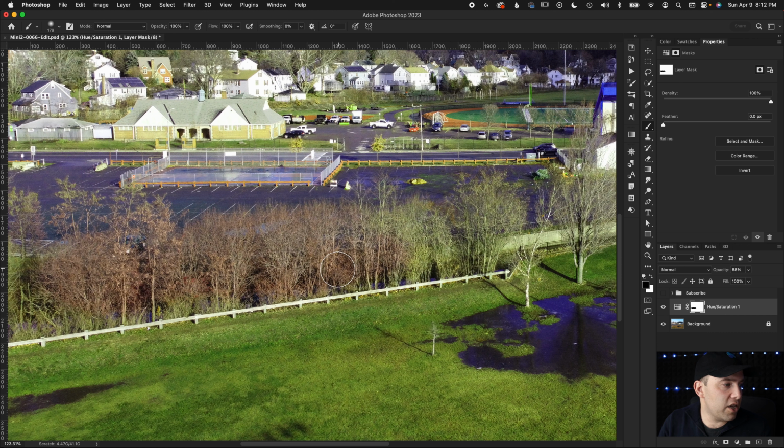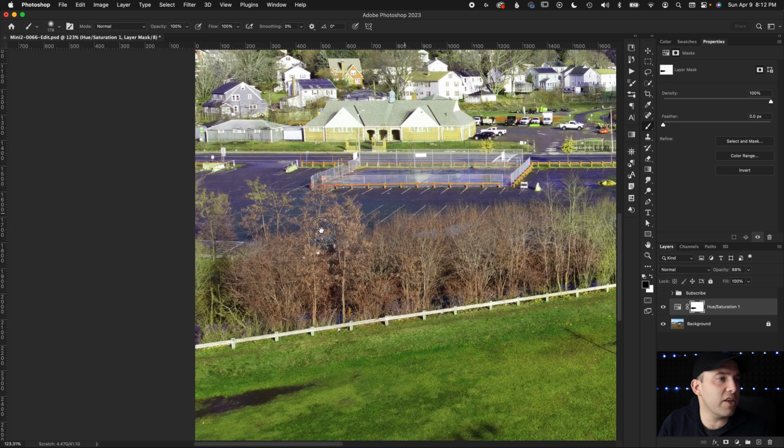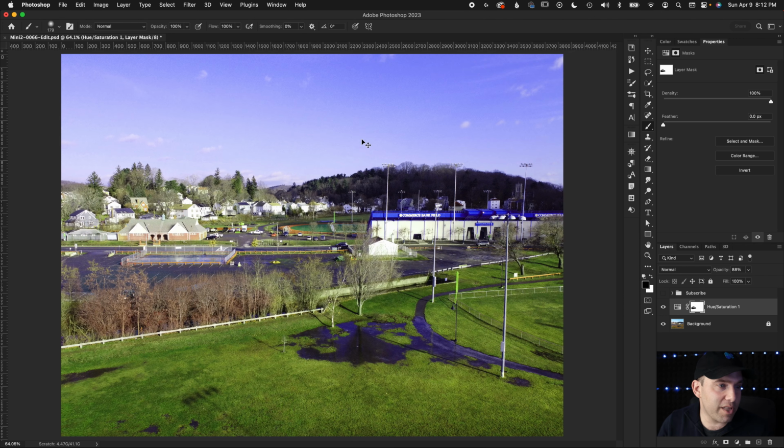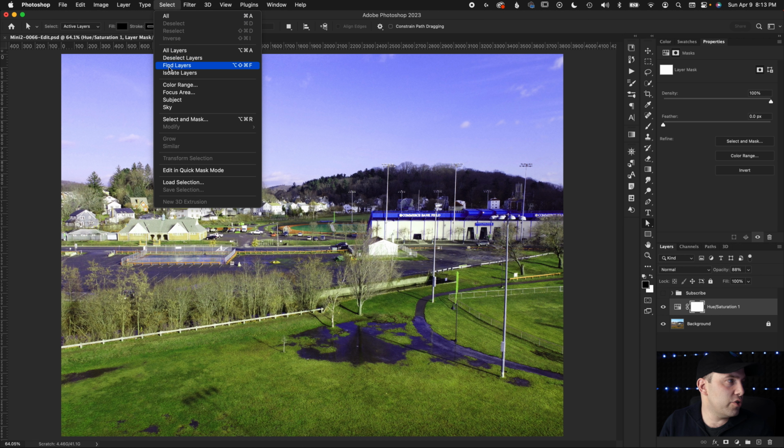So I could go through here and manually adjust all this and say, hey, you know what, I don't want it on this building. Let me take it off here. I actually personally like doing things manually, but in this case, there's a lot of work that you would have to do in order to do that. So let's just paint all this in white. There we go. So instead, what we're going to do is go up to Select and go down to Color